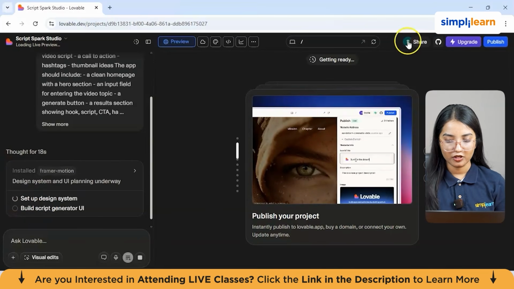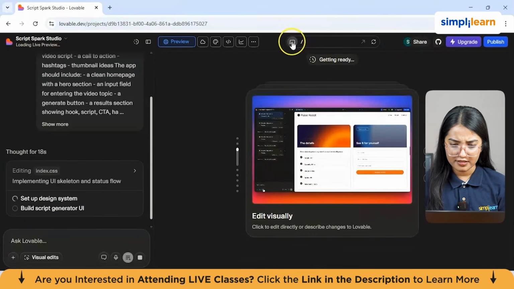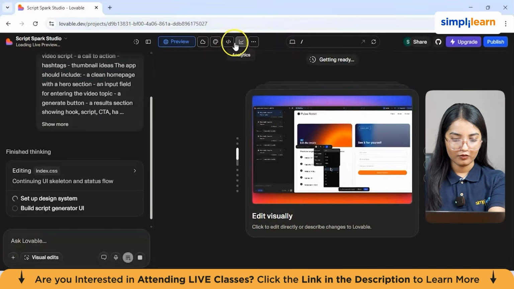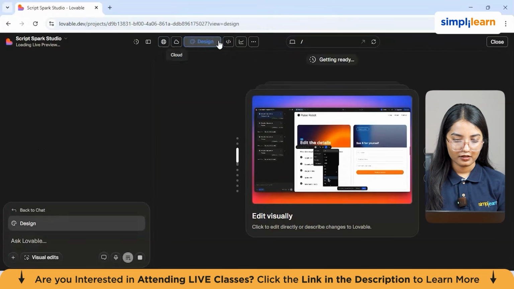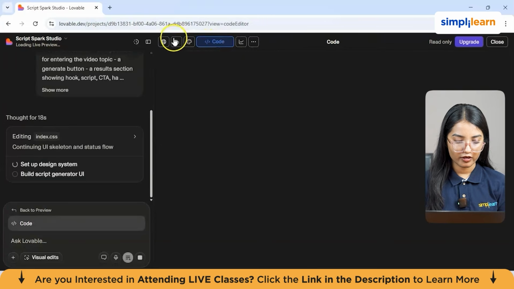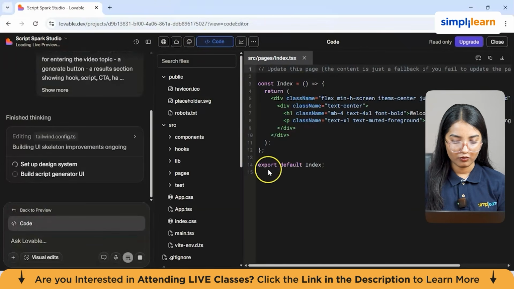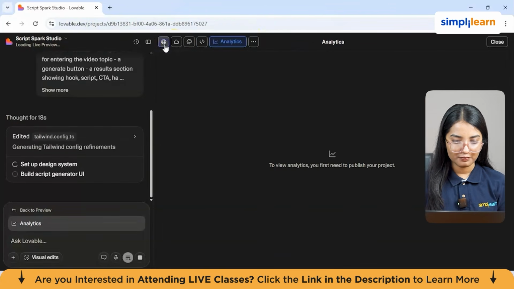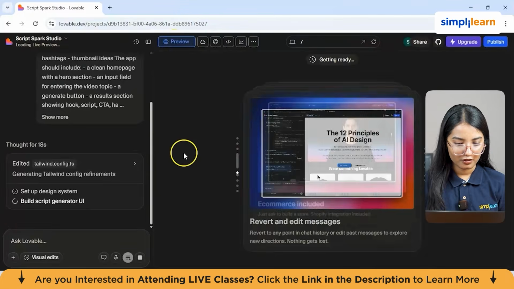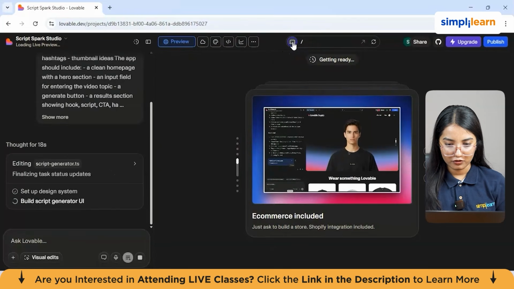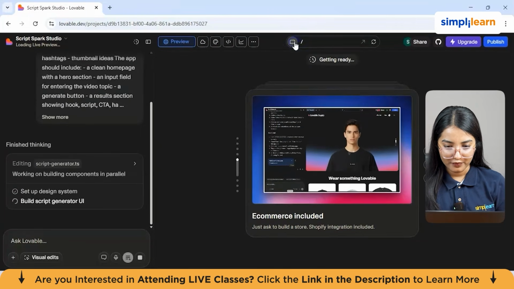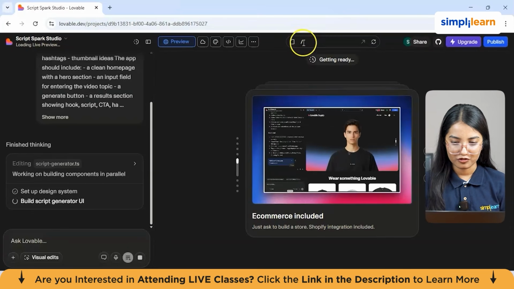Setting up the design system, you can actually check the code itself from here. And this is the code version. You have this design tab as well. So you can click on any of these to check whatever it's running. So for the code, if you have to make any changes, you can do it from here. And this is the analytics section, which is not required for this. And this is a preview one, which we had done before. Okay, so here you will be getting the preview, and it's actually selected as the desktop version. So we'll be just clicking on the mobile version from here.